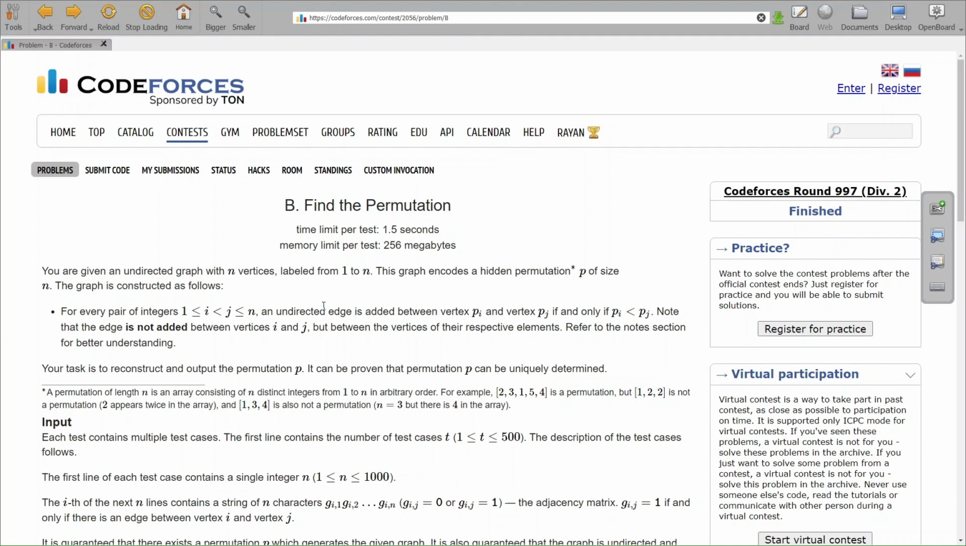So let's first understand the question. You will be given a graph with n vertices. Note it is an undirected graph. Now this graph has a hidden permutation, meaning there is a permutation P of size n. Okay. Now what happens is